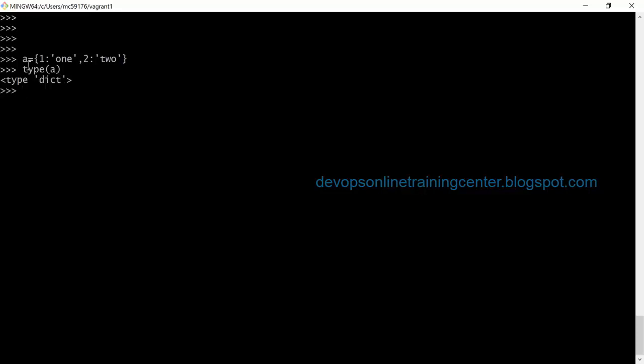Now A dot keys will give me keys in a list format, right? So 1, 2 are the keys from the dictionary. So we can extract the keys from the dictionary using A dot keys. In a similar way, A dot values will give me the values of the keys, right?